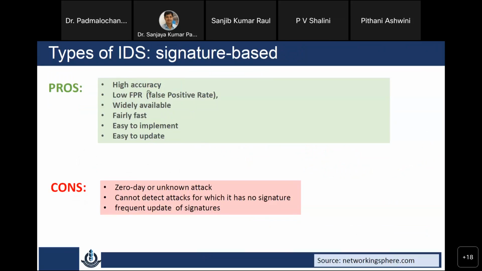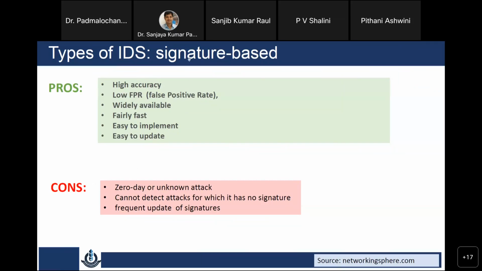Obviously, the good thing is that signature based IDS will be very accurate, because you have defined signatures available. So its accuracy will be very high. There will be fewer false positives, like some of the genuine packets will not be treated as intrusion packets. So the number of false positives will be less. It would be fast, because it would be simple, based on just string matching or database matching. So it would be very easy to implement, and easy to update as well, because for your database you need to just add more signatures, then it is easy to update.